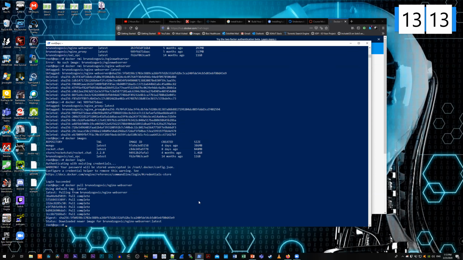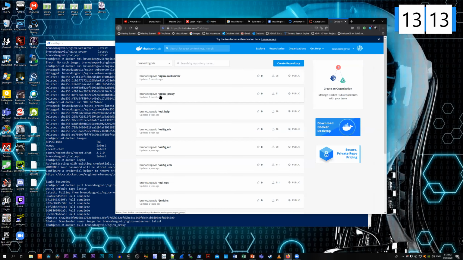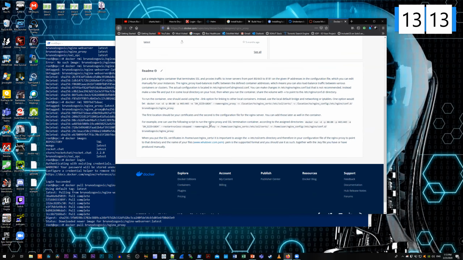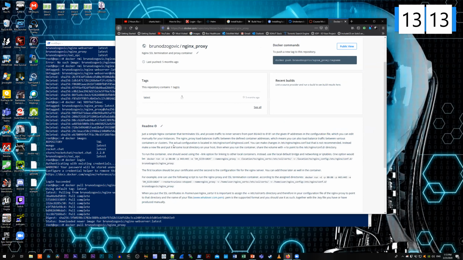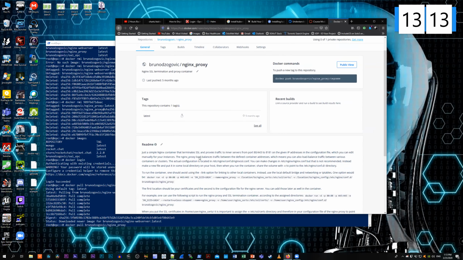Then you pull also the other image, Nginx, I think it was proxy, if I'm not mistaken. Yeah, if you copy paste this name, or if you click on it, it has some explanation I wrote here. It's a simple container that terminates SSL and proxies traffic to inner servers from port 443 to 8181 on the given IP address.